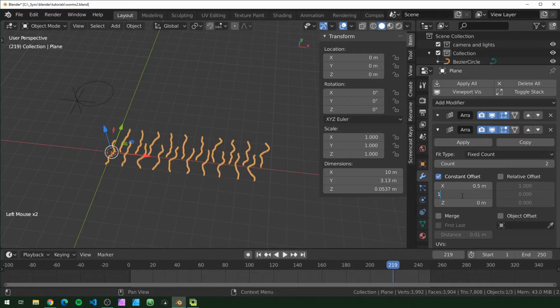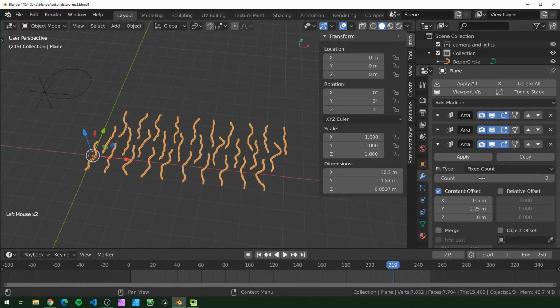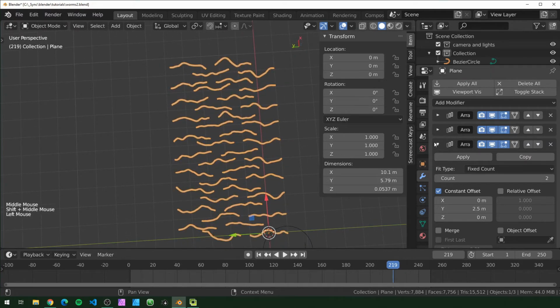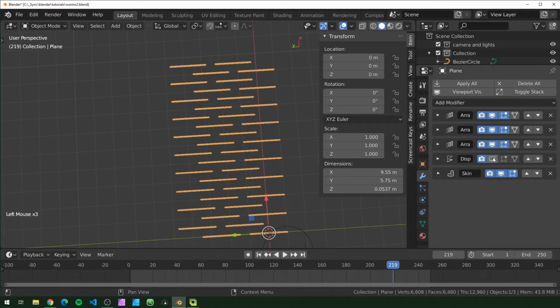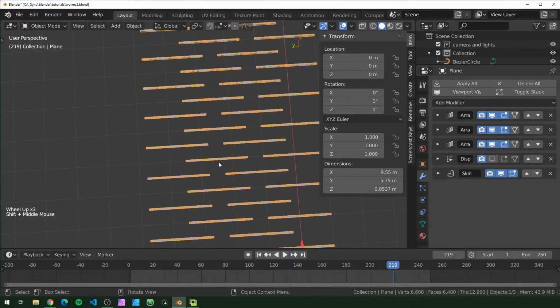I'm going to set this to 1.25. Then I'm going to copy this again. And this one is only going to be moved on the y. I'm just going to move this 2.5. So now we have this kind of staggered effect, and if you turn the displacement off, you can see these gaps should be lined up with the middle of the ones beside it,